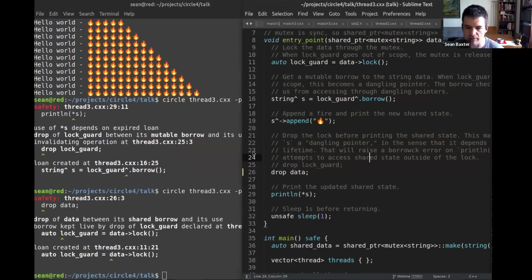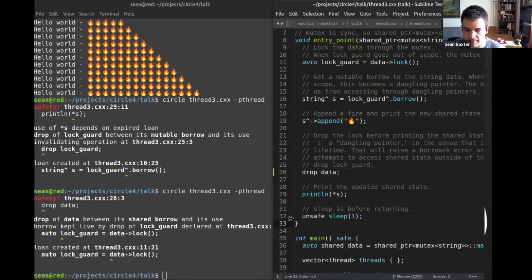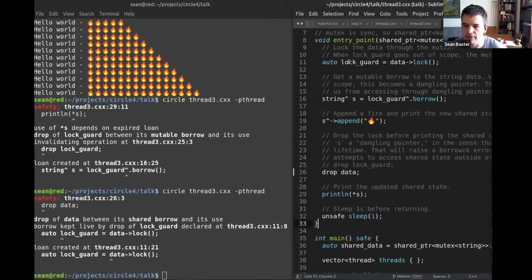I get a different borrow checker violation, right? It says drop of data between its shared borrow and its use. The borrow is kept live by the drop of the lock guard declared at line 11. So at line 11, I have a lock guard, and this lock guard